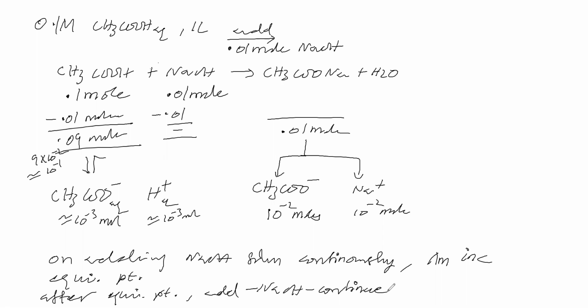The added sodium hydroxide solution will not go for reaction. It will be present as Na plus ions and OH minus ions. Na plus ions are carrying current. OH minus ions are also carrying current. Among the anions, OH minus has the higher lambda m. Why? Because of the abnormal conduction, as with H plus. In H plus we spoke of hydrogen bonding; in the same way for OH minus also we say hydrogen bonding. So OH minus ions carry current through translational motion and also through hydrogen bonding. So among the anions, OH minus has the higher lambda m as per the syllabus.